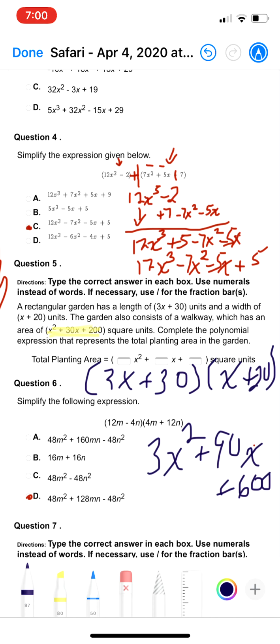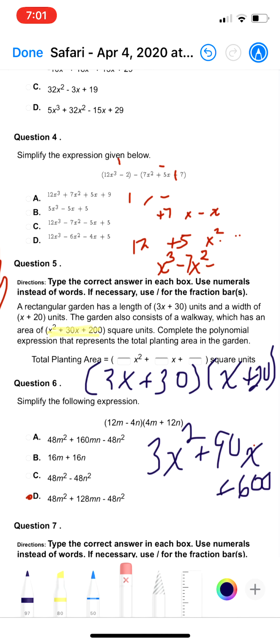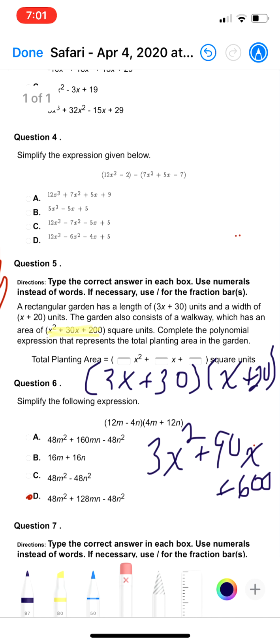Okay. So you take the entire area and you're going to subtract from that x squared plus 30x plus 200. And when you're subtracting quantities, you're changing the signs. So instead of x squared plus 30x plus 200, you actually have negative x squared minus 30x minus 200. I'm skipping that little step, okay? Just because I don't have enough room and I don't want to make this video crazy long for you. So you have this